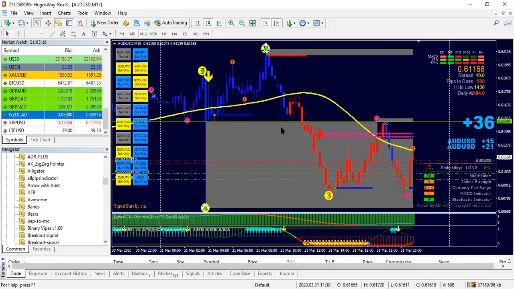You can do that on all time frames. So that's basically what you're looking for. You're looking for your ultimate sell signal. You have your daily open here,